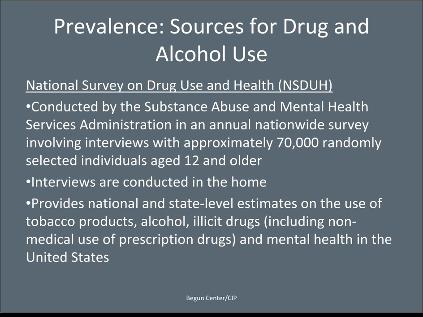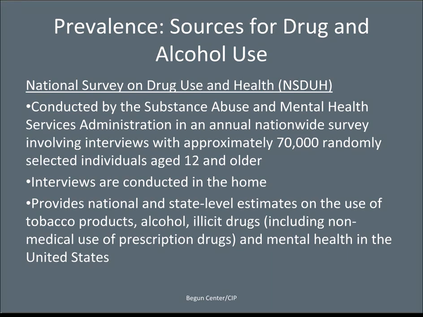It provides national and state level estimates on the use of tobacco products, alcohol, illicit drugs, including, and everybody is really paying attention now to the misuse of prescription drugs in this particular population, and also mental health in the U.S. So those are the three big places where we get information regarding prevalence issues. Like I said, there's more, but these are excellent. They are nice in that they have been going on for years and years, and you can really take a look at trends from one year, or every other year, to the next. And while all three studies are conducted in slightly different ways, and the ages can be just a little bit different,